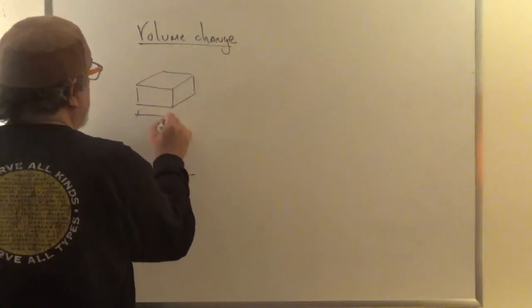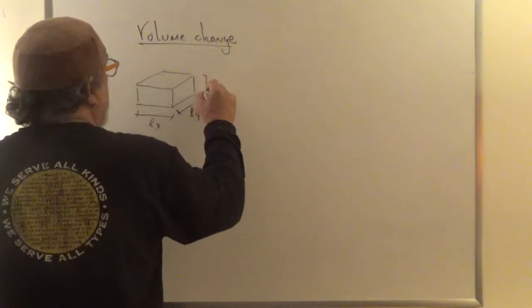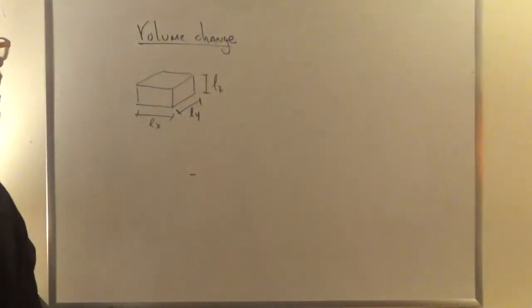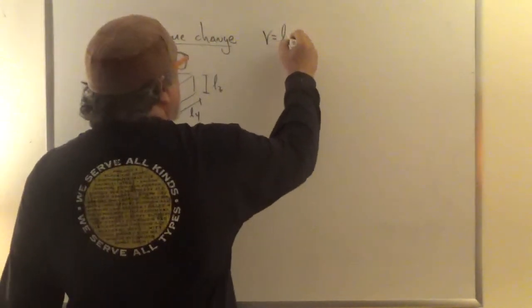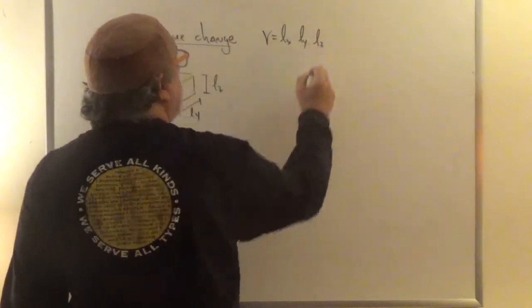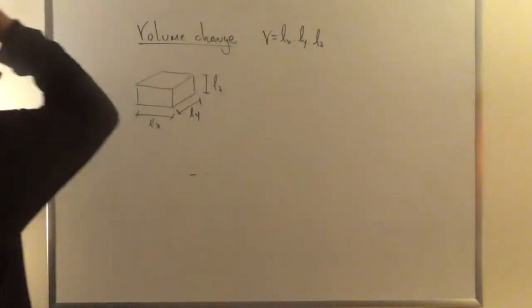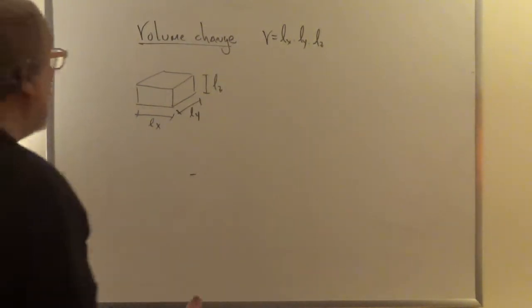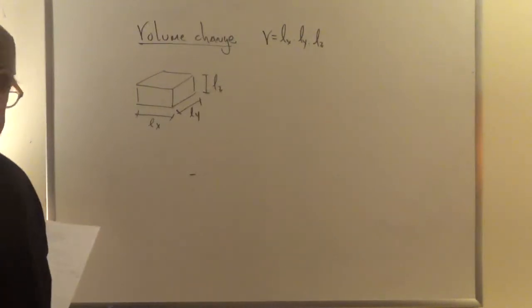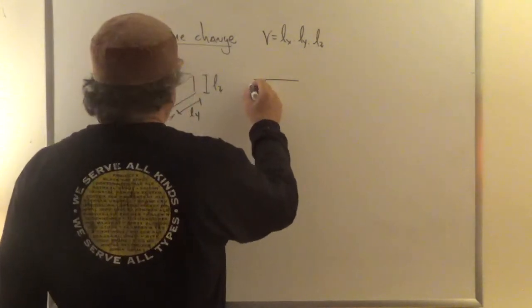Imagine that you have something that is Lx by Ly by Lz, right? Some sort of a cube. The volume of that cube is obviously Lx times Ly times Lz, right? That's the volume. You can think about Lx, Ly, and Lz as being very small, so that the strain is constant within it. This analysis is done under the premise of constant strains. But once this system